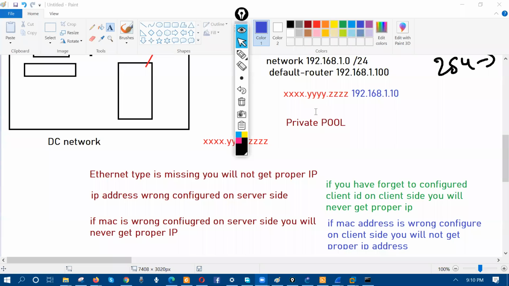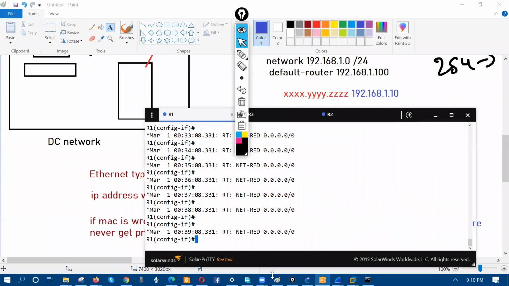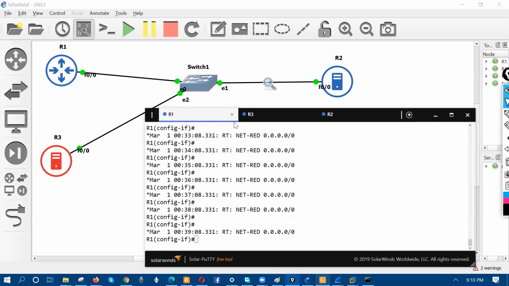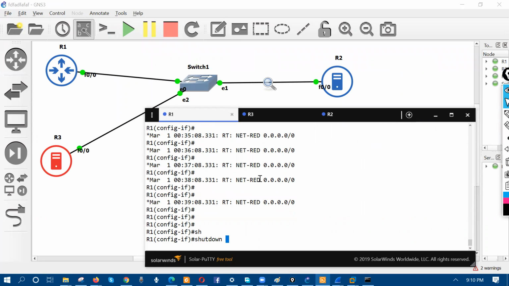Now, have a look. Interesting troubleshoot. See, this is the router and the client we have, right? All the servers are configured and all the servers have proper IP addressing configured, right? The DHCP server is configured. The client is not getting the IP, if we go to shut down,